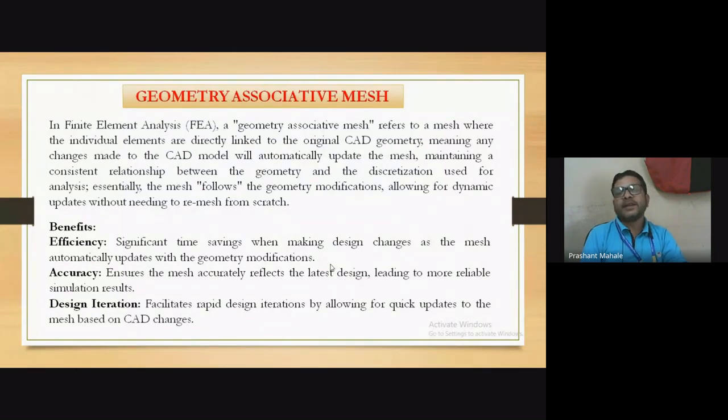Okay. And design iteration. This is one more important concept in design. This facilitates rapid design iteration. Design by iteration. You need to go for iteration 1, 2, 3, 4, 5, turns, in which you go on making that design correct and accurate and optimum. So this iteration can be achieved with this step, which we call as geometry associative